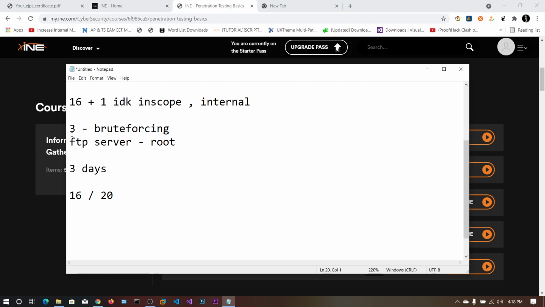If there is any success in the brute forcing, you will get the usernames and passwords correctly, so you would get those 3 also. But the machines went down and I did not get those credentials, so I left these 3 and took the risk on this 16 plus 1.